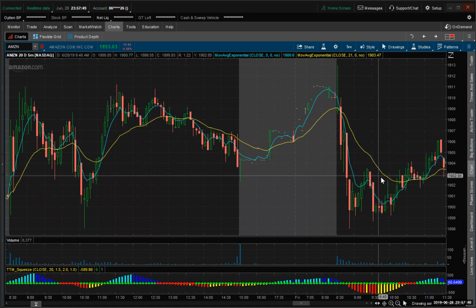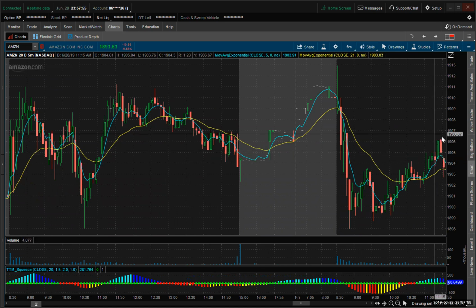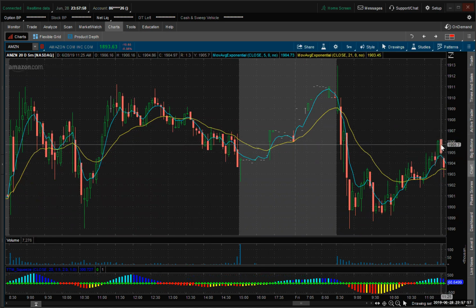There we go. Okay. So now we've gapped down. We've got a 5-minute gap, and it's actually gapped down. This isn't much of a reversal. I'll show you on the 3-minute. It is actually a very nice reversal. And it starts to just kind of break down here. So this is more like a secondary retest of the neckline, and